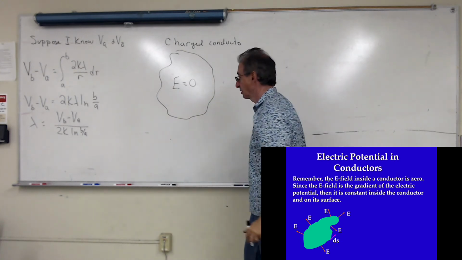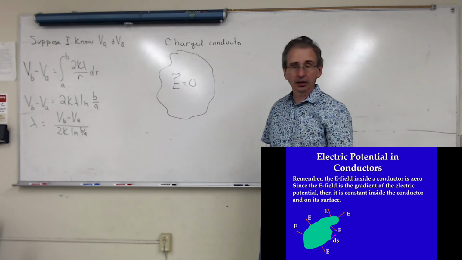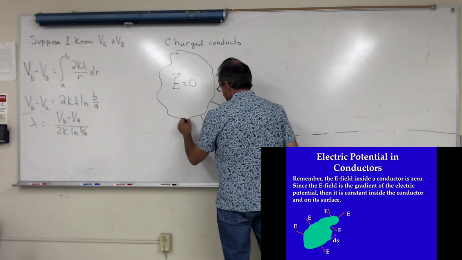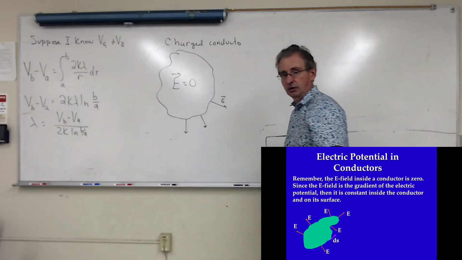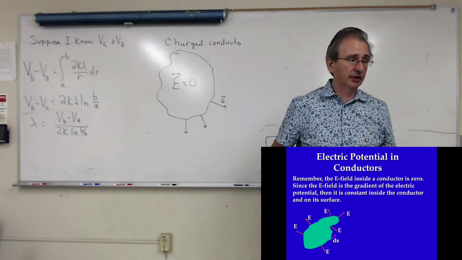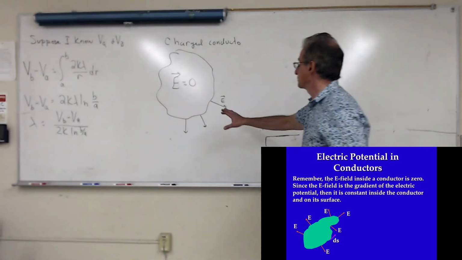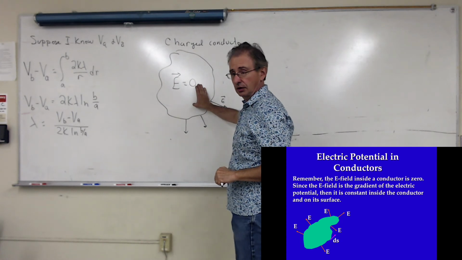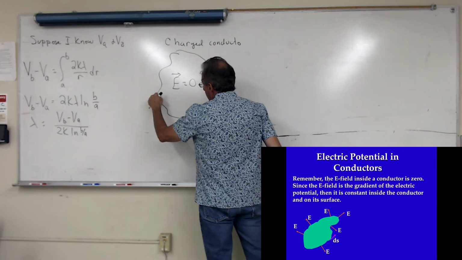It has to be. We also know that the electric field has to be perpendicular to the surface of the conductor. We also know that all the charge has to be on the surface of the conductor. Well, if the electric field is zero here, and the electric potential is the same value everywhere along the surface,